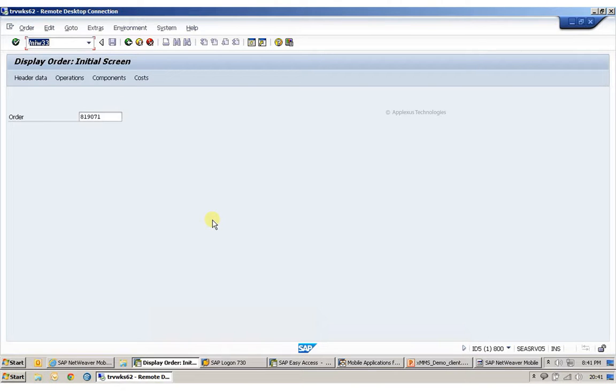Now in the SAP backend office, we are going to see the synchronized data. For that, we are giving the transaction code IW33, and for the work order,